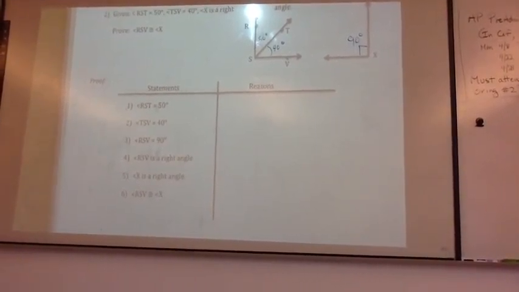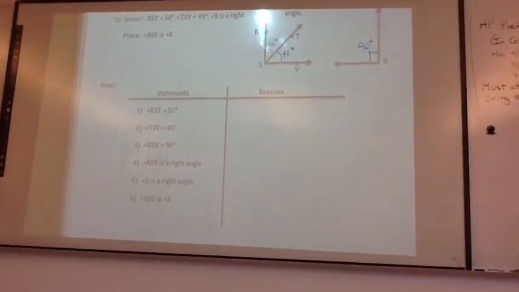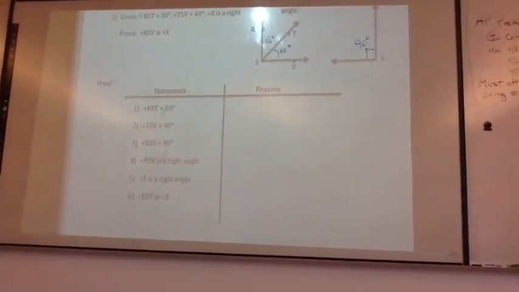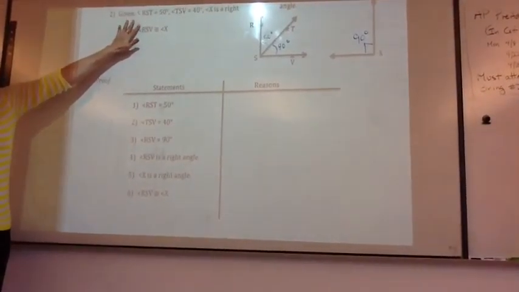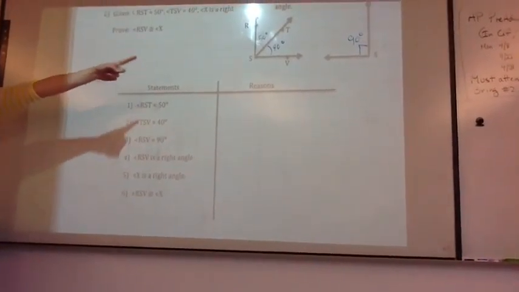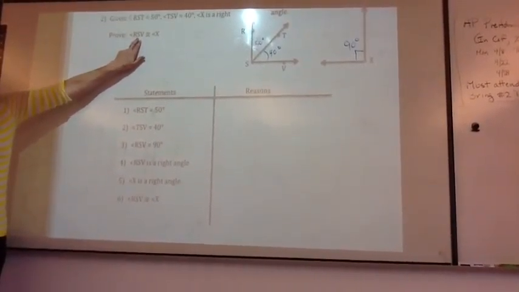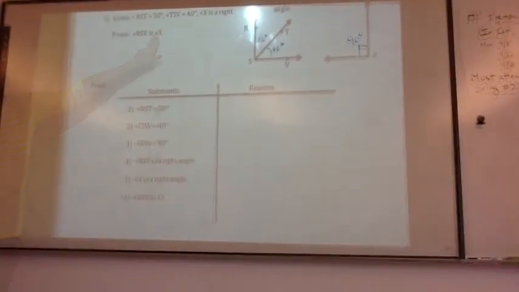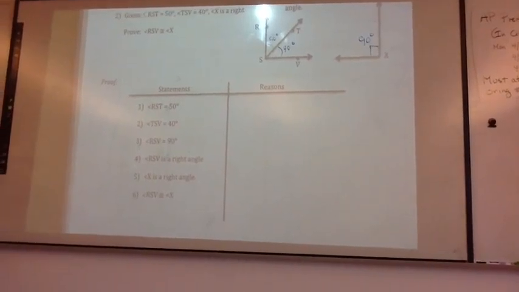Do not assume right angles, it must be given to you in the proof. So 90 degrees we can now write in, do not assume it by just looking at the picture, it must be told, yes? Alright, so we were given RST equal to 50, TSV equal to 40, we know X is right, I just labeled those red on the diagrams. We need to prove that RSV equals angle X. Pretty obvious, looks like it should just be said, yes they are congruent, but we're going to go through our statements